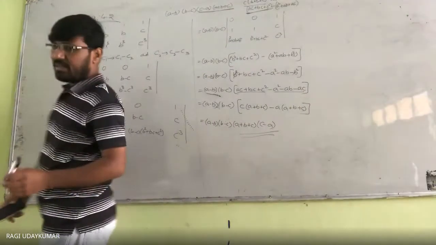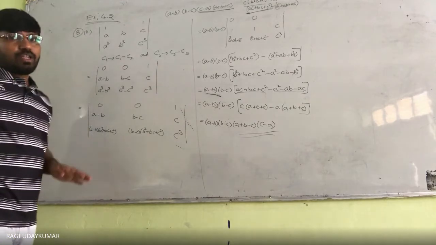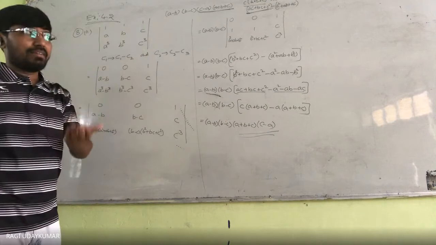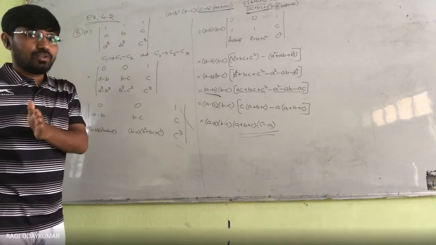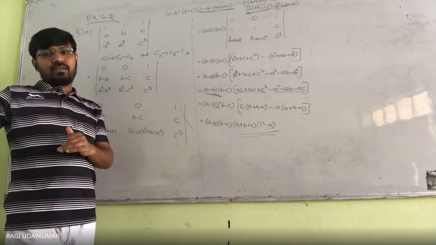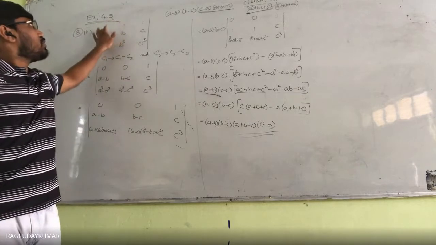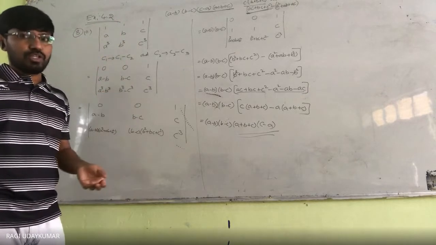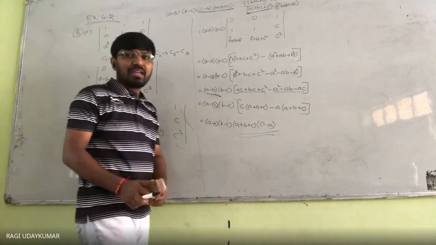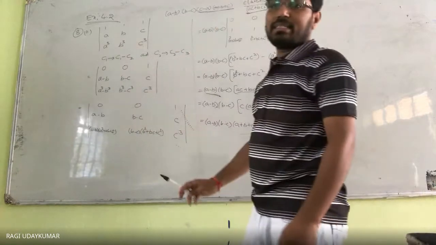So here, once again, I'll explain to you. Whenever you are considering a problem which contains the 1 1 1, and if it does not contain the 1 1 1, you need to make the problem bring 1 1 1. The next step is to make the other two numbers zeros, or any two numbers zeros, in that particular row or column. One row or one column should be made one. In that process, the remaining things are very simple here.